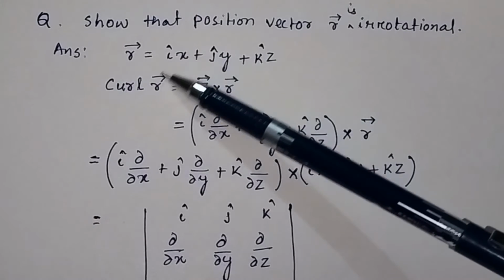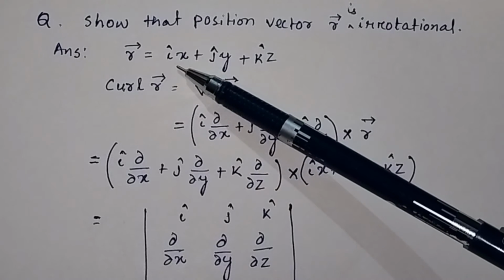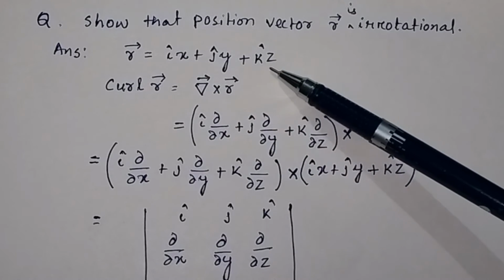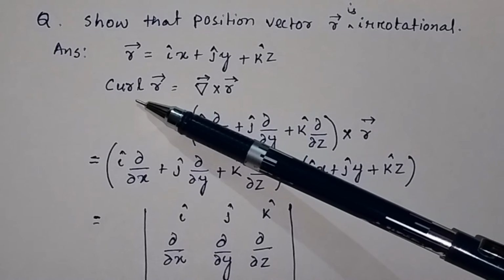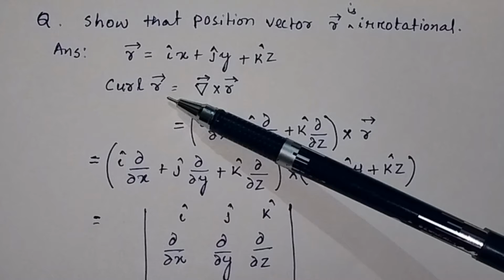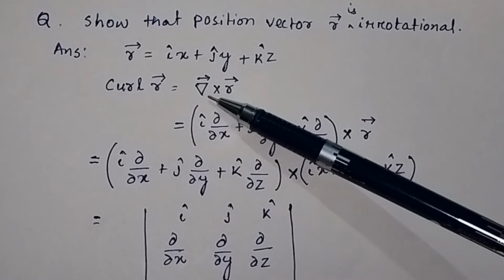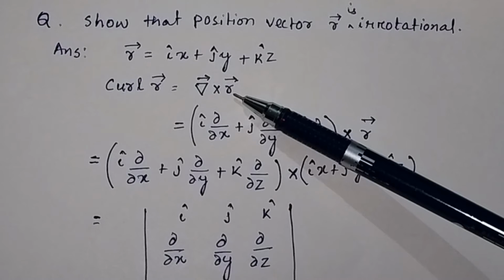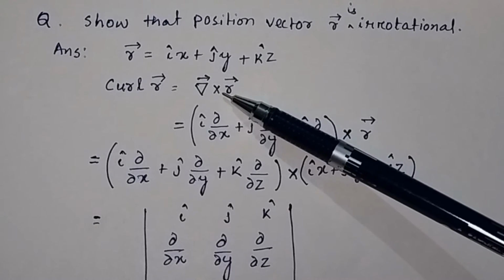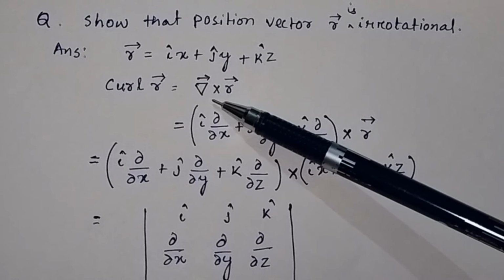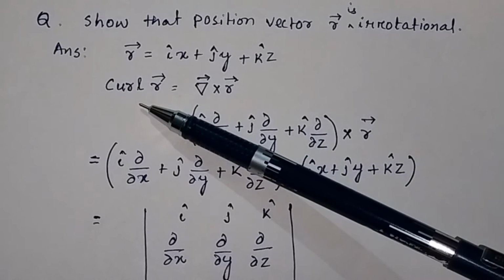Suppose the position vector r is given by i cap x plus j cap y plus k cap z. Then what will be the curl of the position vector r? Curl of the position vector r is equal to the cross product of del with r. If you take the cross product of the del operator with the position vector, then that will be the curl